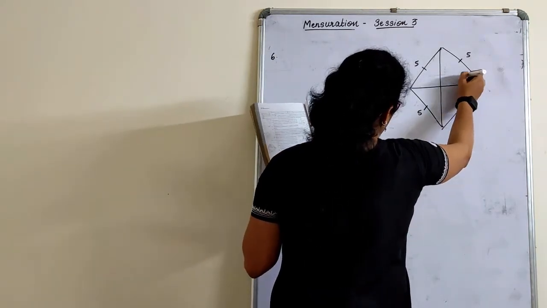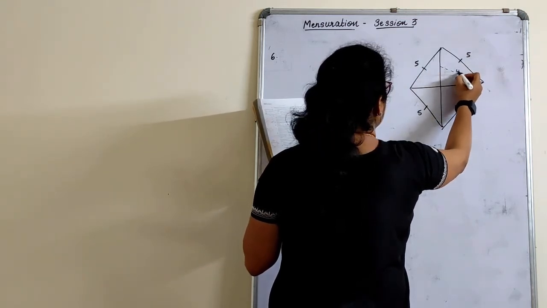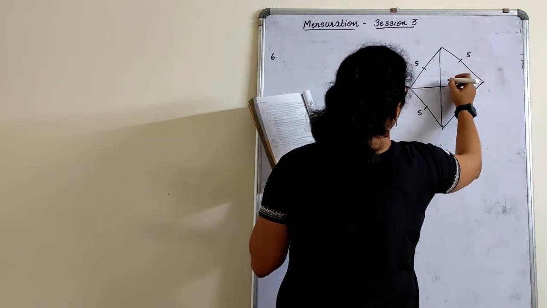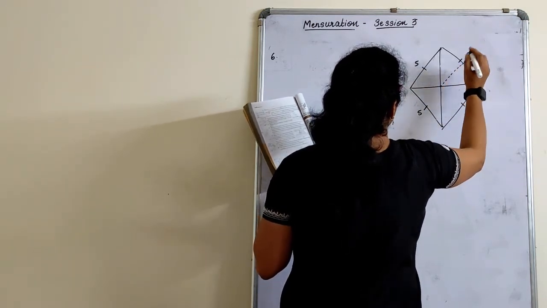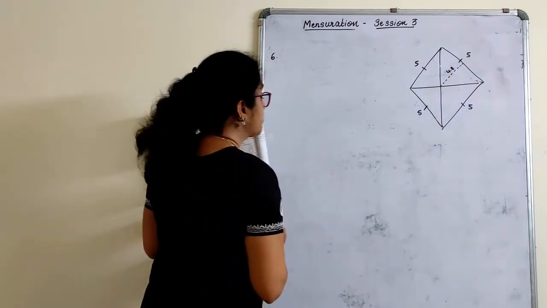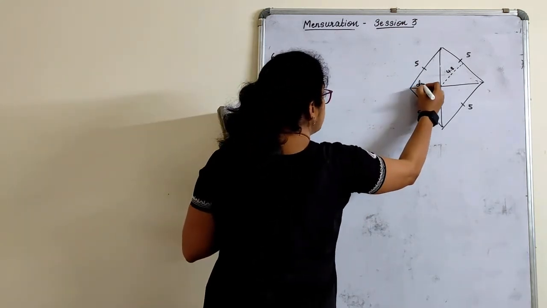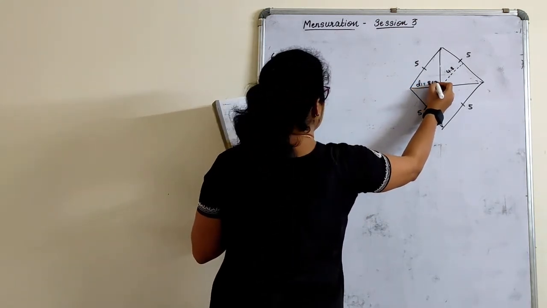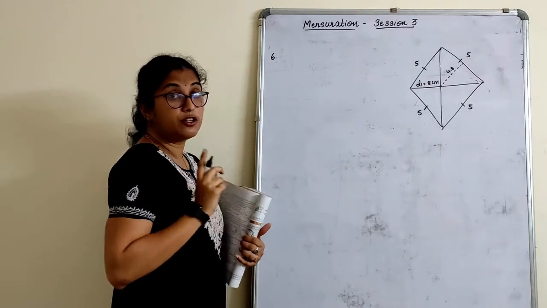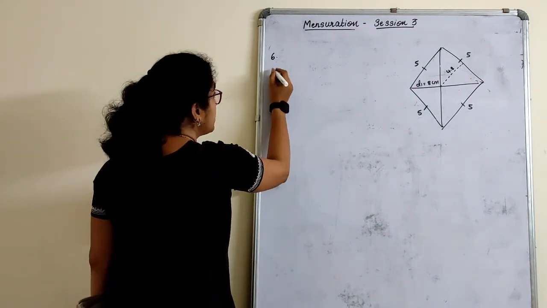Now altitude I will draw here. It's a perpendicular. That is how much? 4.8 according to them. Oh no, altitude will be with respect to base, or here we can draw. Yes. So altitude is 4.8. And one of its diagonal D1 I will consider as 8 centimeter. Find the length of the other diagonal. Area of the rhombus formula when base and the side is given, side and the altitude is given.